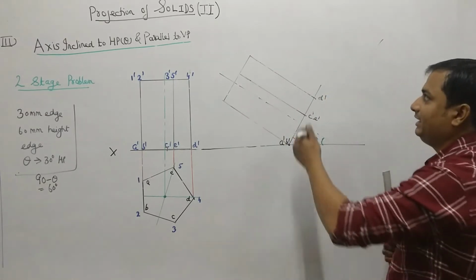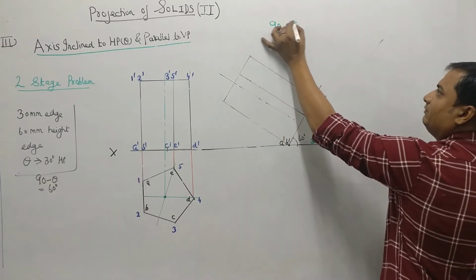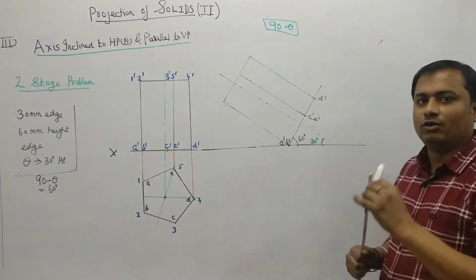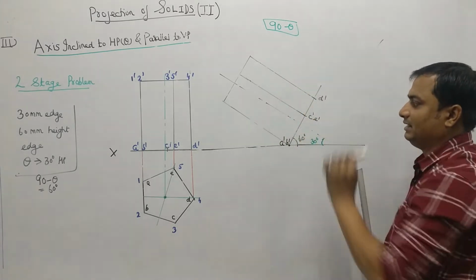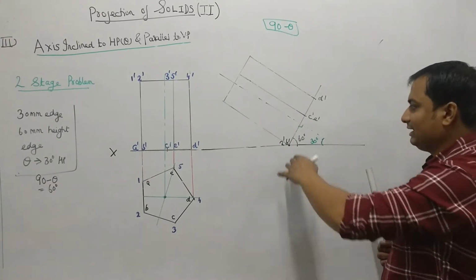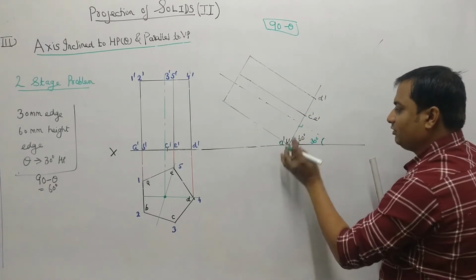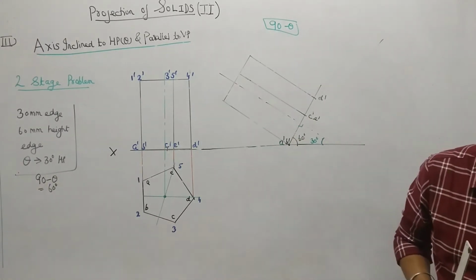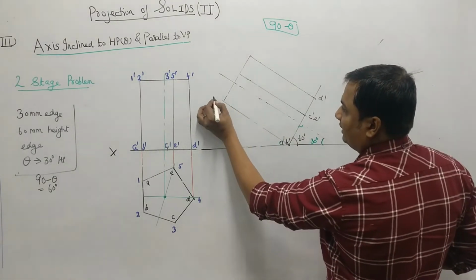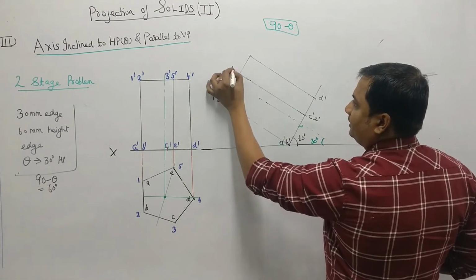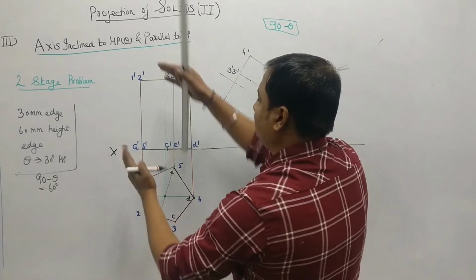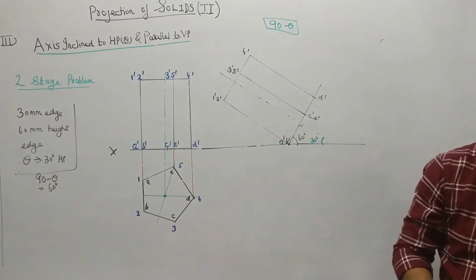So I have started with 90 minus theta. So you have to start with 90 minus theta. That means you have to incline the base with 90 minus theta. Automatically your axis will be inclined at theta because this is 90 degree. So always incline the base with 90 minus theta. Automatically you will be getting the axis inclined at angle theta, 30 degree. So naming will be A dash, B dash. So this will be my 1 dash, 2 dash, 3 dash, 5 dash, and this is 4 dash. So I have made this rectangle inclined with the edge, and the axis is inclined 30 degrees, right?